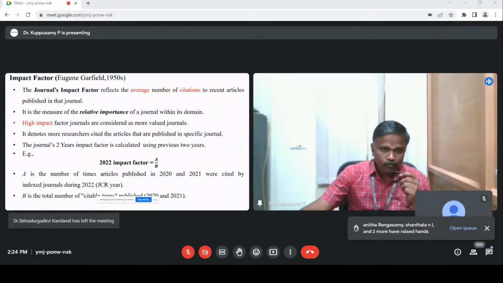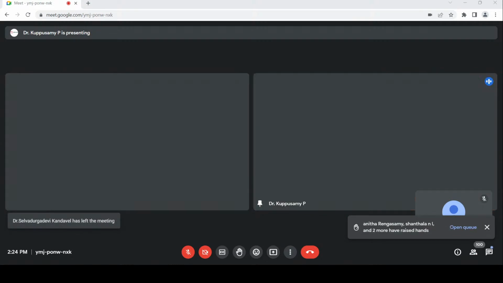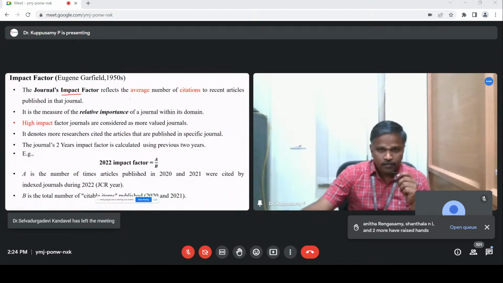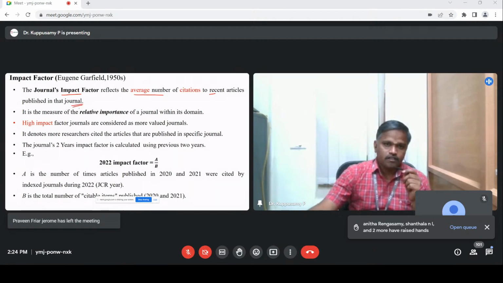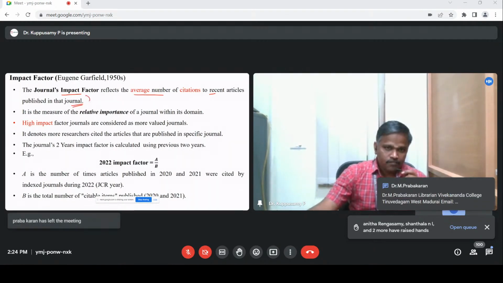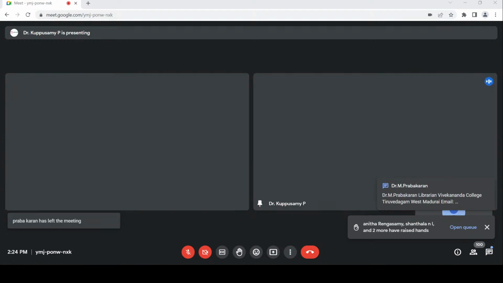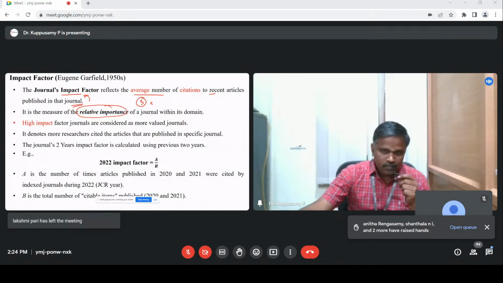First, how do we calculate the impact factor? We will see just two slides. So what is the impact factor? It is the average number of citations to recent articles published in a particular journal. What is the purpose of this? It gives the importance of that particular journal in a specific domain. Suppose you have 5 journals in social science, then which journal has more impact factor, and which journal is